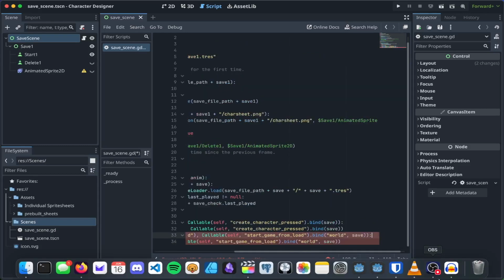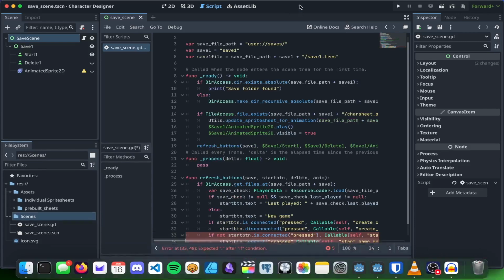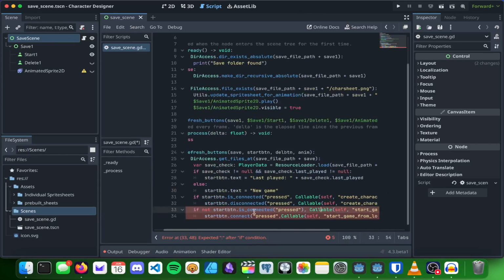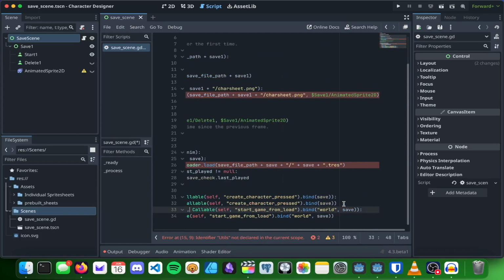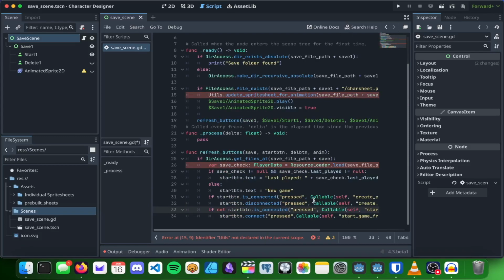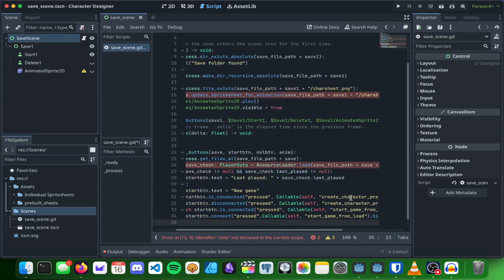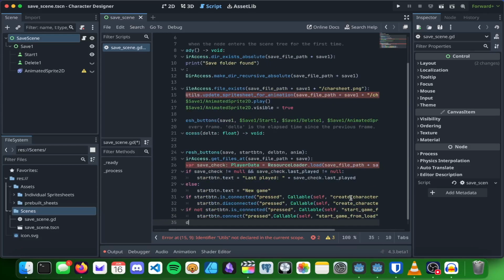So yeah, what's our error here? Okay, if not start button dot disconnected press callable. Okay, that's all we did. We had an extra parenthesis in there. So yeah, if that's the case, we load up those signals that are going to kind of handle whether we're going to go to the character load screen or the actual world itself, and then we pass in the load that we're clicking on,